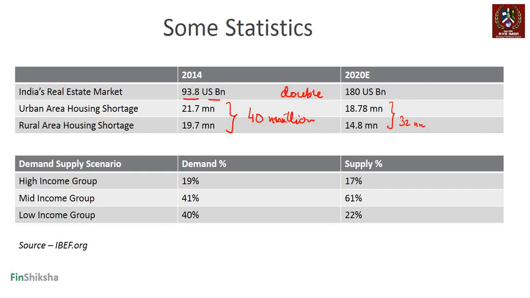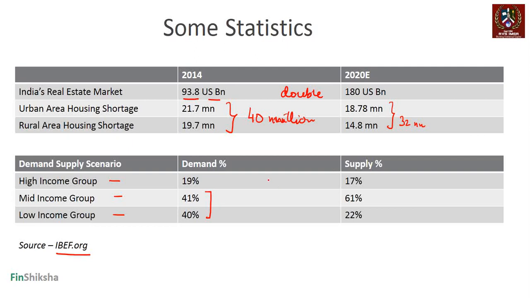Right. So basically, once you reach that housing for all scenario, what would end up happening is essentially the government would have ensured that the housing shortage would go down. Now, the other interesting part, which comes from the source website, is if we divide the total market into three groups: high income, middle income, and low income group. Primarily, the demand in India in housing comes from the middle and low income groups, right?